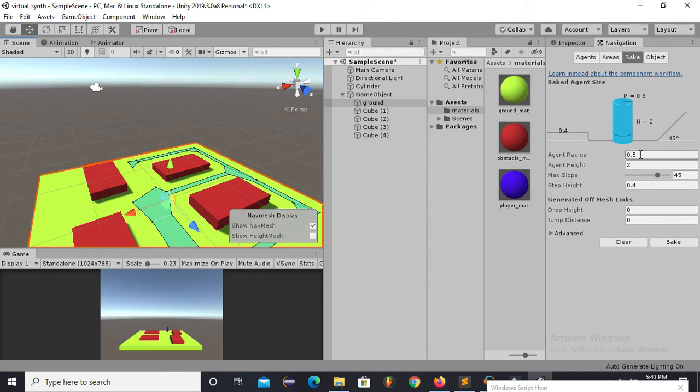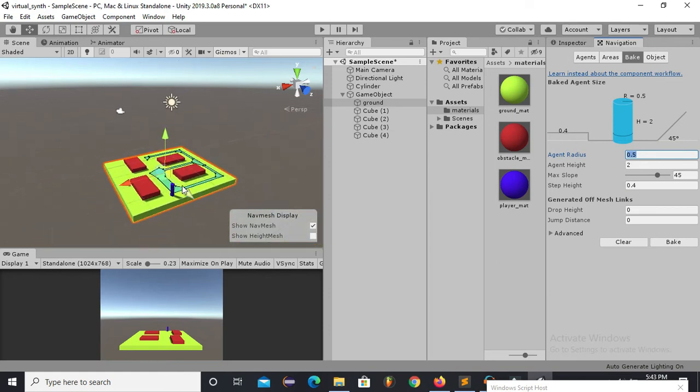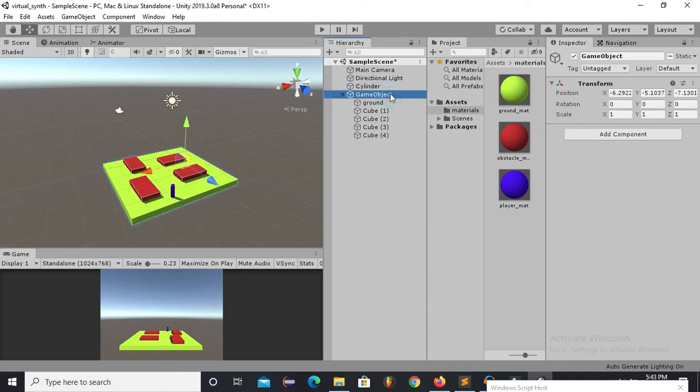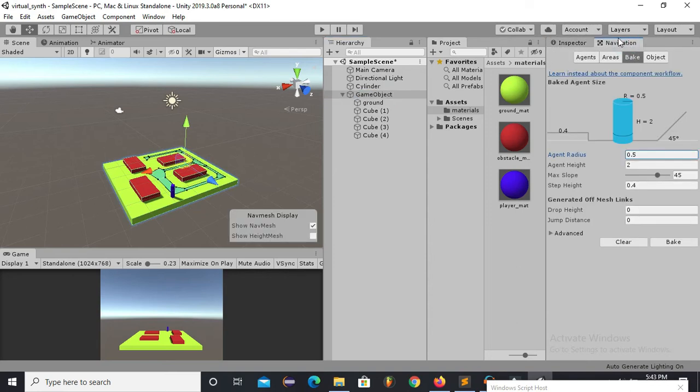So for that we have to make changes in the baking agent. Our baking agent radius and height, all these things matter, and these all depend on our player object. So you can go to the player object inspector and you can check the radius and height of our agent, and accordingly you can make changes in the baking agent.